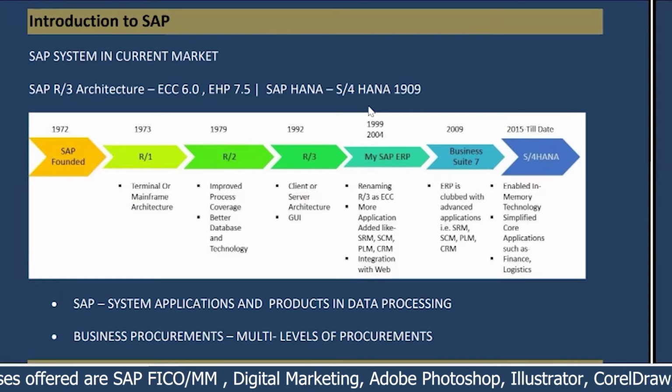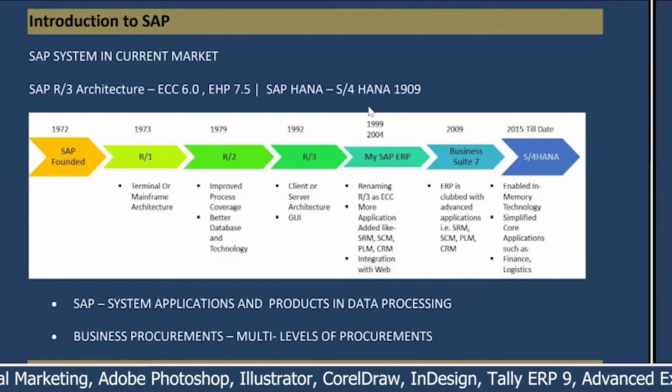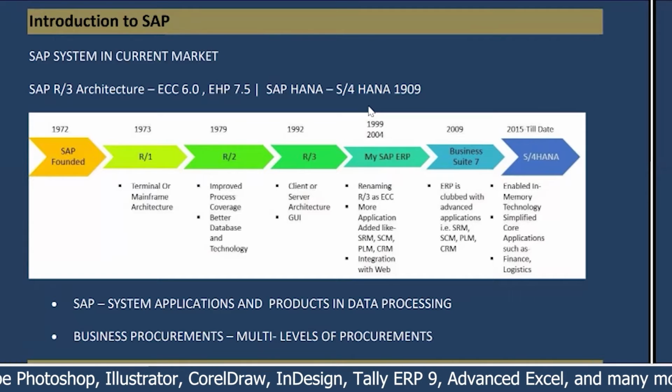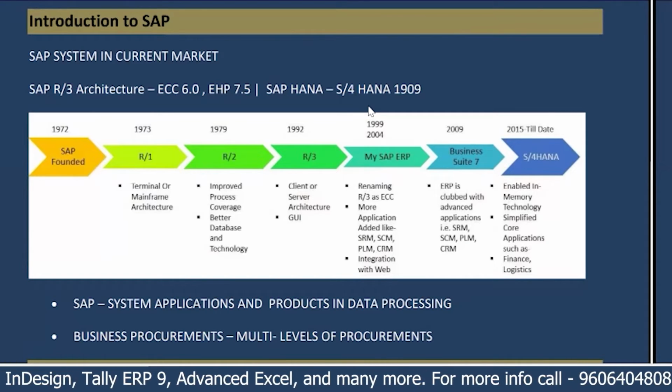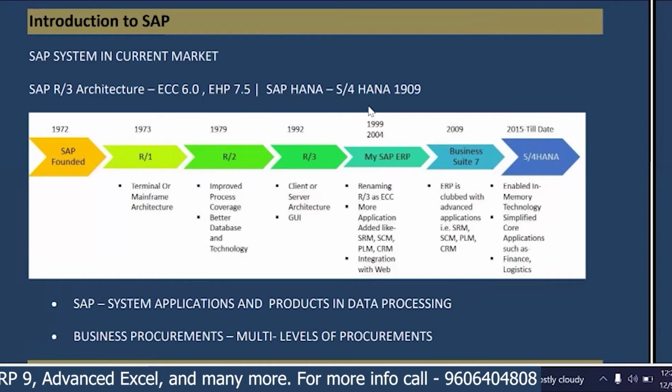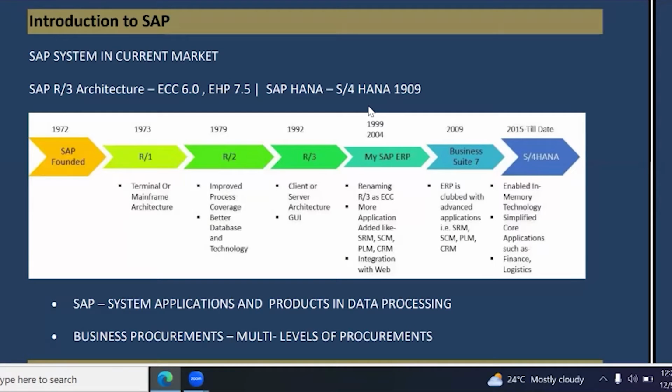So first, you have to get technical expertise on ECC. Then we are also giving you clarity on the HANA domain. Okay, so you will have clarity about both HANA and ECC, because when you come across an interview, they will definitely ask you. For that reason, you also have clarity. First, you will get expertise on the ECC R3 system. Then you will also have clarity about the HANA domain and how it started from 1972.